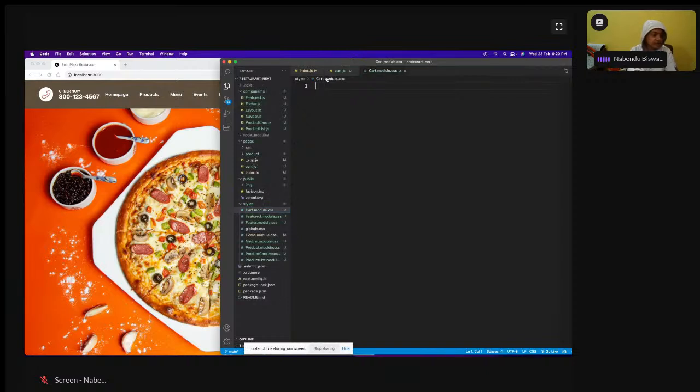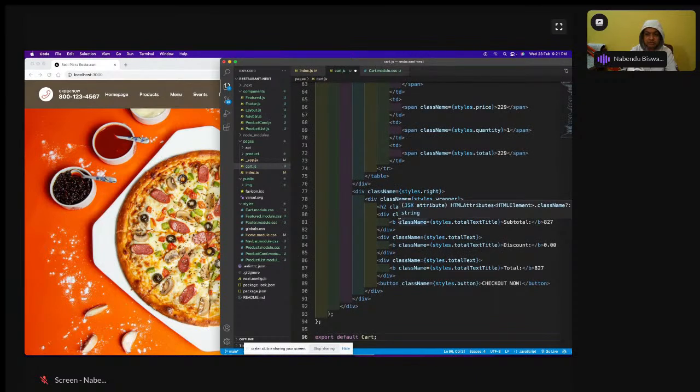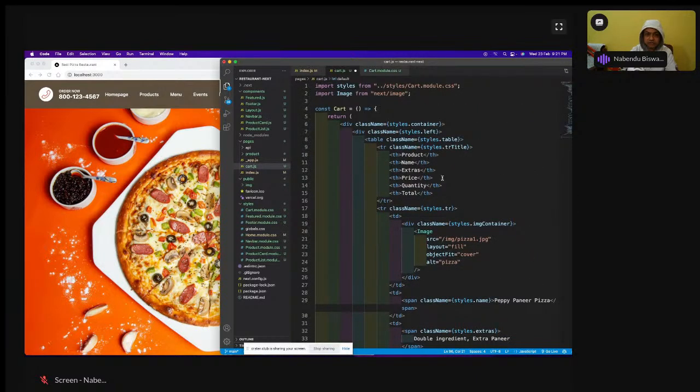Cart.module.css will be there, and then here just have this, have a cart. So cart is a complete page in which we are going to have all these things like